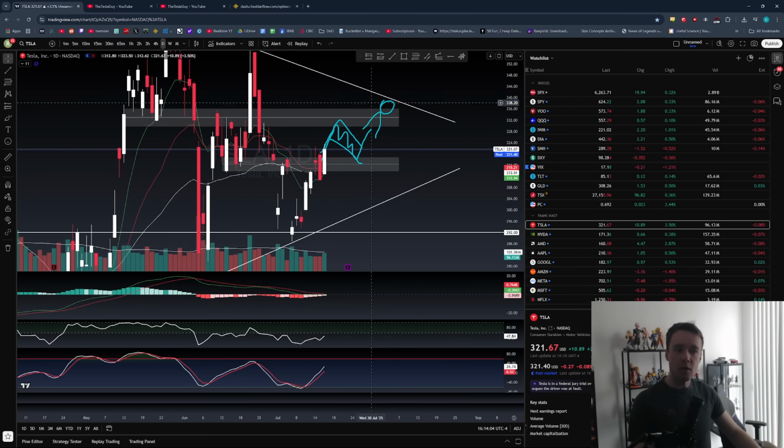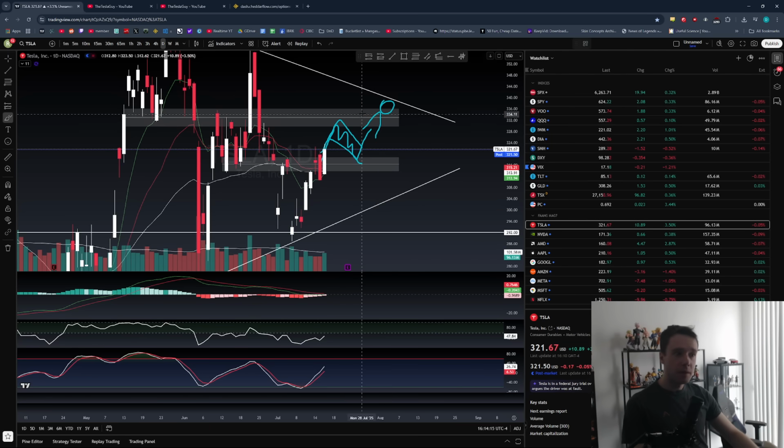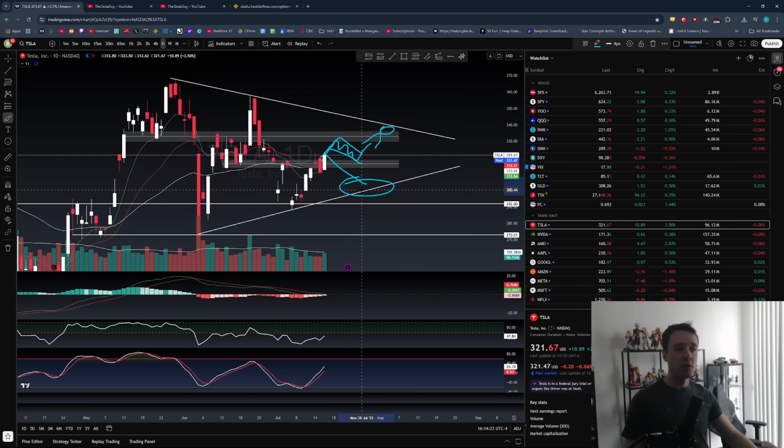But again, don't forget, this all hinges on pretty much 315 holding. That's the most important thing. If 315, or 313 if you want to give it more wiggle room, starts failing, then this whole situation is completely null and void. Don't ignore it entirely, but it never happened, never talked about it, and we most likely make our way back down to the bottom of this pennant. Get a retest of that once again, maybe even into earnings, closer to 300 itself, maybe 305,